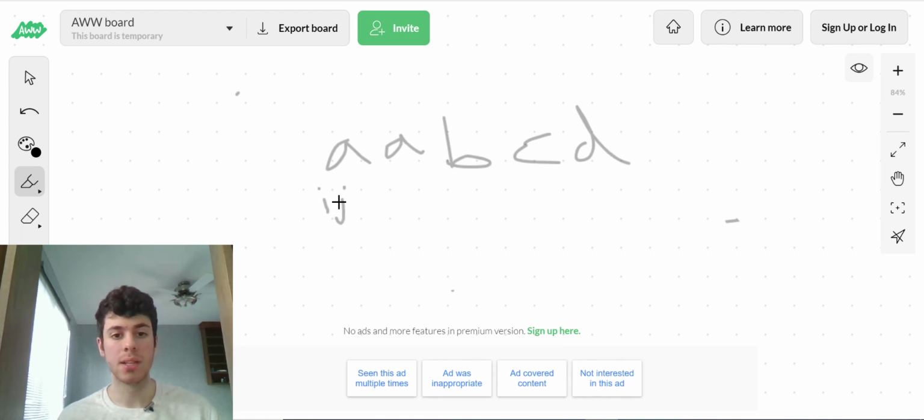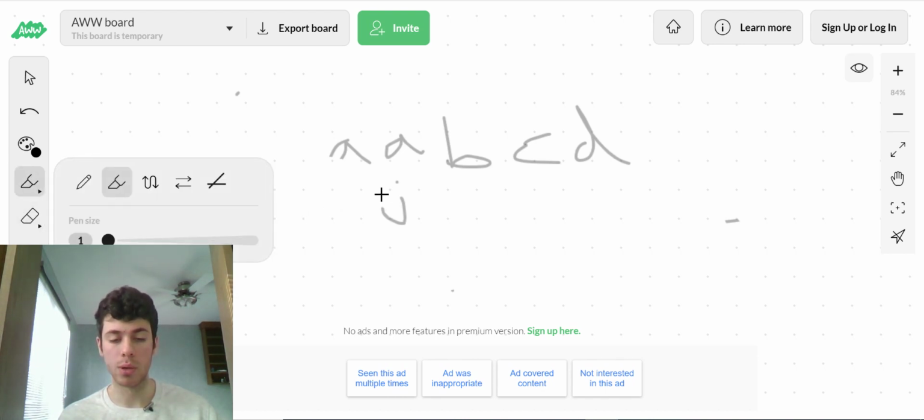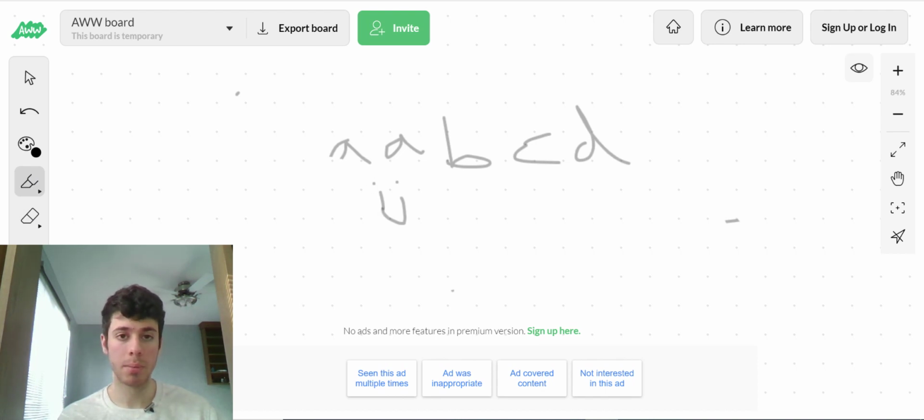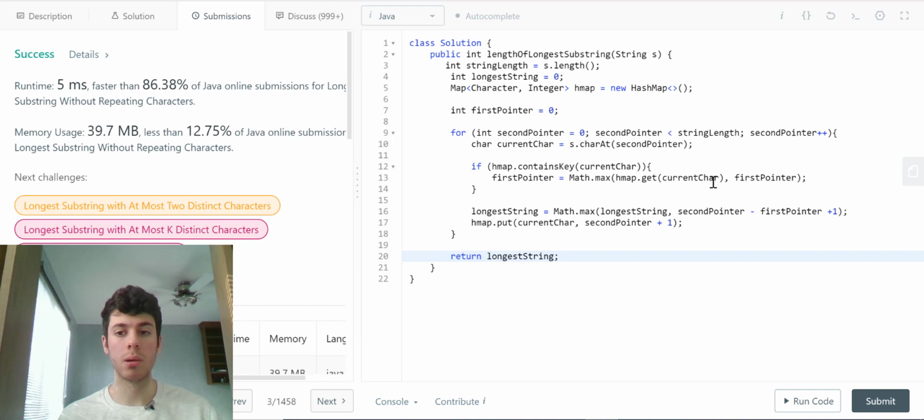We're doing this because as J moves along, we might need to move the first pointer, and so we have to look in the hash map for the key of the element that is repeated, and that value will have the location of possibly where the first pointer should move. But in some cases, you might not want to move the first pointer because it is currently at a greater index, so you don't want to go backwards, right? Then we calculate the maximum by comparing the last substrings to the current substring you're calculating. Whichever one is higher is the current